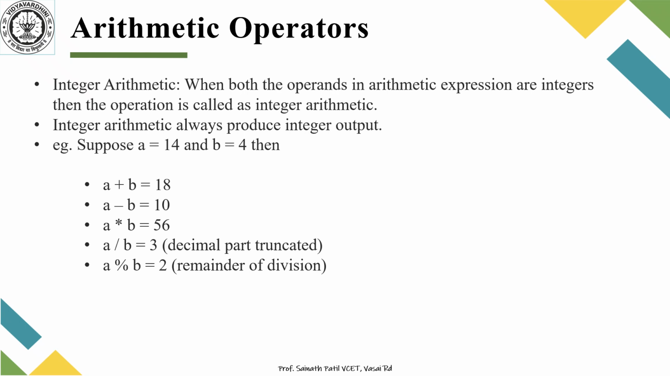When both the operands in the expression are integer variables, it is called integer arithmetic. Integer arithmetic always produces integer output, that is, the result is always an integer. Suppose for example we have a is equal to 14 and b is equal to 4, then a plus b, that is 14 plus 4, is 18, a minus b, the result is 10, a into b, that is a multiplied by b, is 56, and a divided by b is equal to 3,